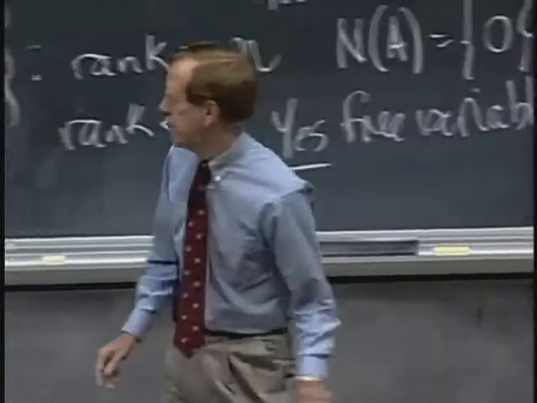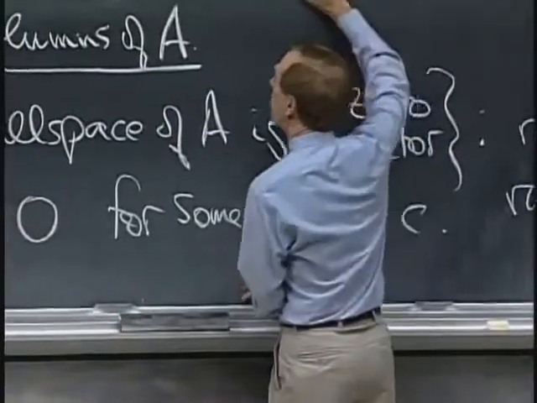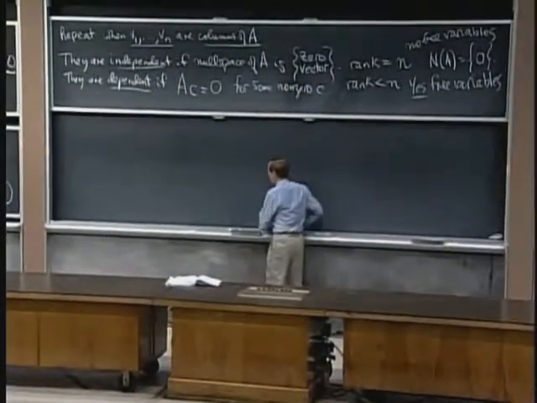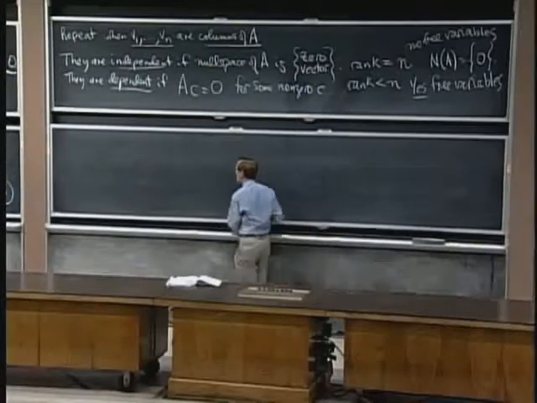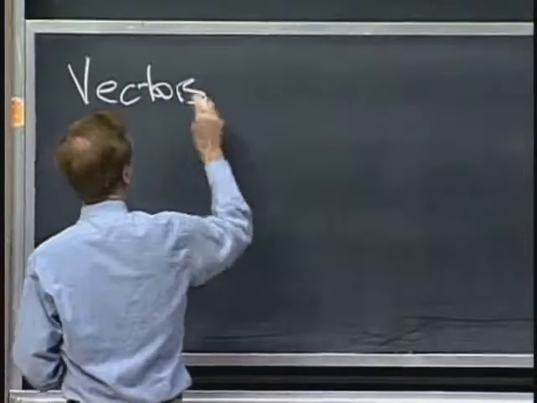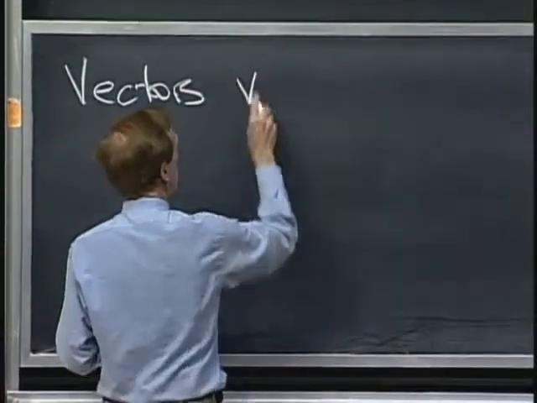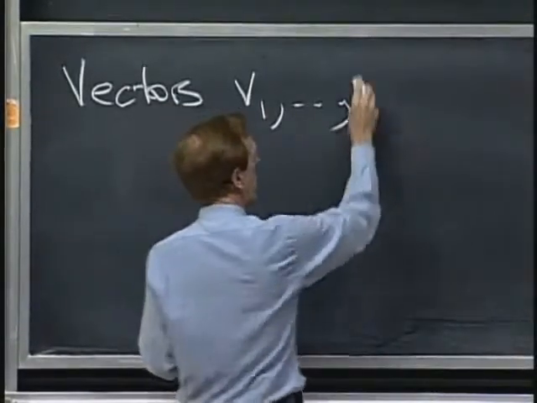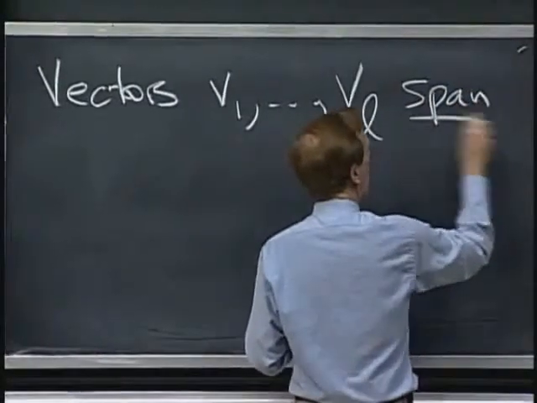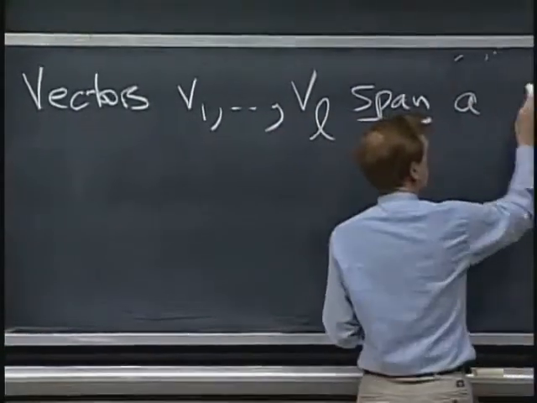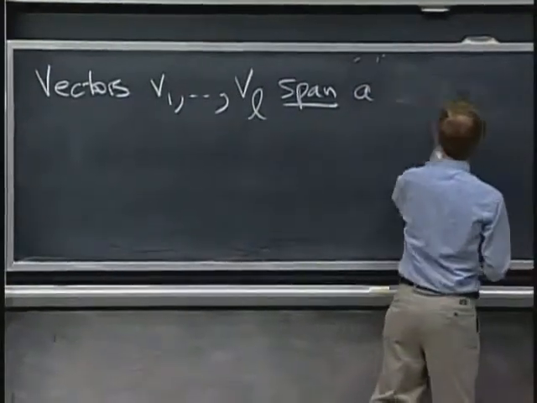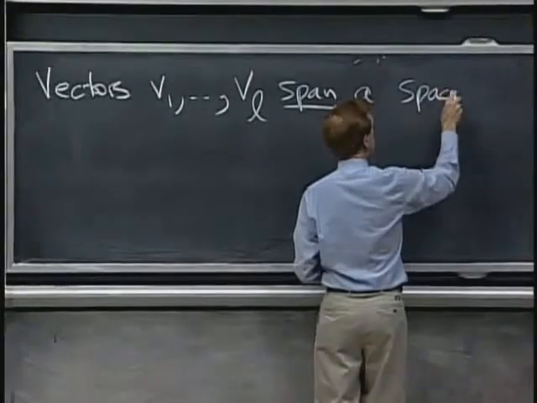So spanning a space means, let me move that important stuff right up. Okay, so vectors, let me call them, say, V1 up to, I'll use some different letters, say VL, span a space, a subspace, or just a vector space, I could say. Span a space means